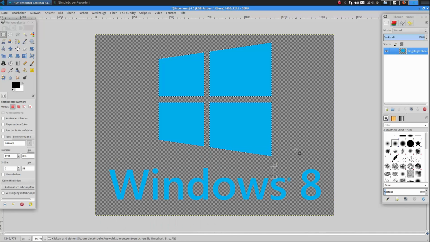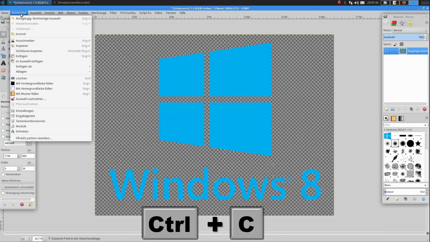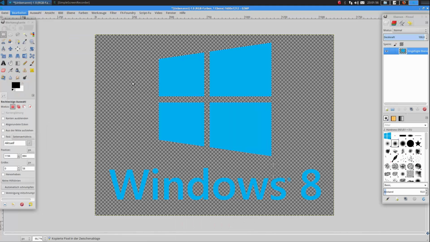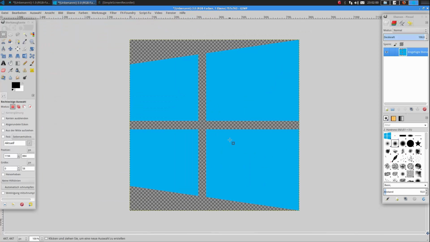And then we just have these squares here selected. Then we press Ctrl C, and then we go to Edit and Insert as New Picture. And now we see that we just have this part which we just have selected, and now we'll go to